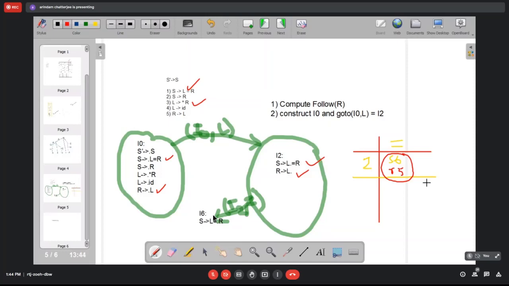Now you can see we have two actions for the same state and terminal combination. This is a conflict, and this is known as shift reduce conflict. Similarly, you can have reduce reduce conflict as well. So you can see that this SLR1 parsing table is not going to be okay for parsing action because we have conflicts.